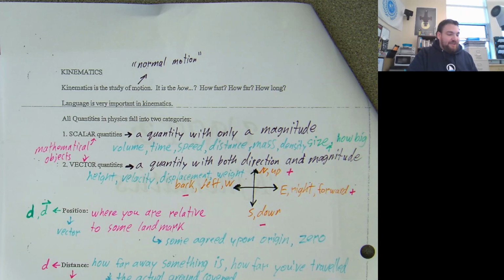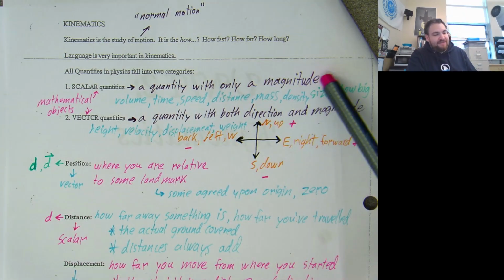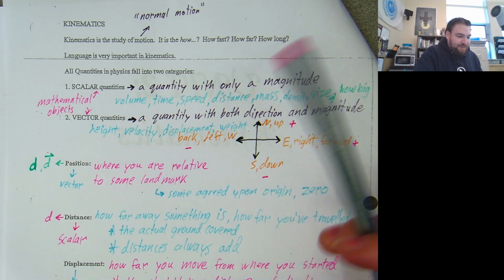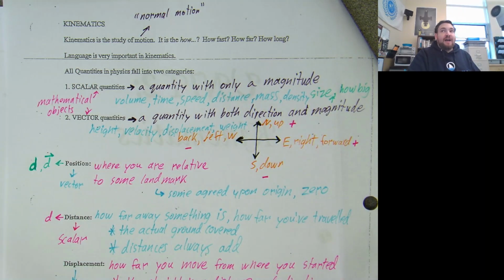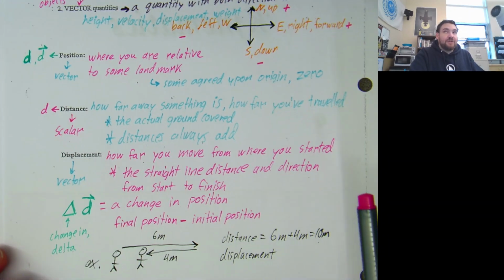Lots of language. I introduced to you guys the concept of scalars and vectors. Some of you have heard them before, some of you had not. They are just mathematical constructs that we slide different physical concepts into. A scalar was a quantity with only a magnitude. A vector was a quantity with both a magnitude and a direction. We gave some examples of those, and then we started talking about some specific examples of each.